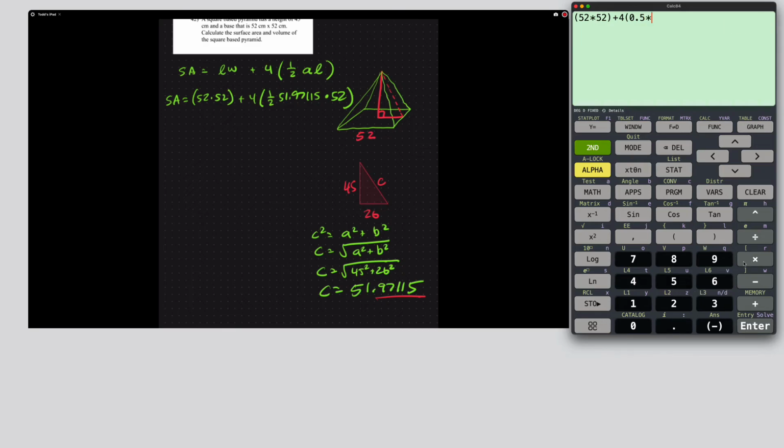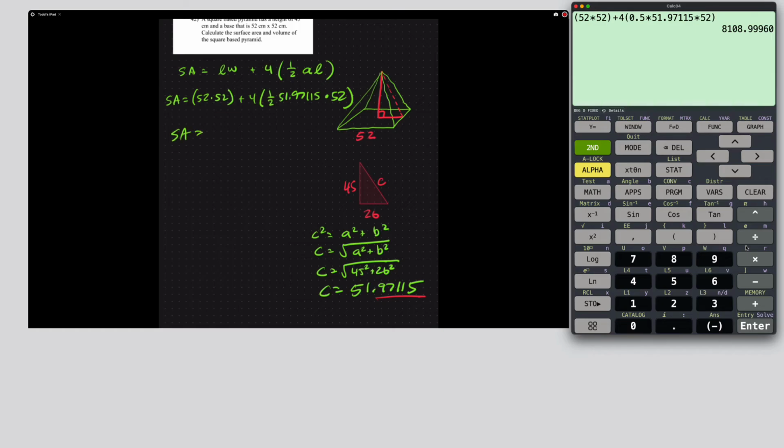Okay, times 51.97115, and again times 52, and close the bracket, and there's our answer right there. So the surface area